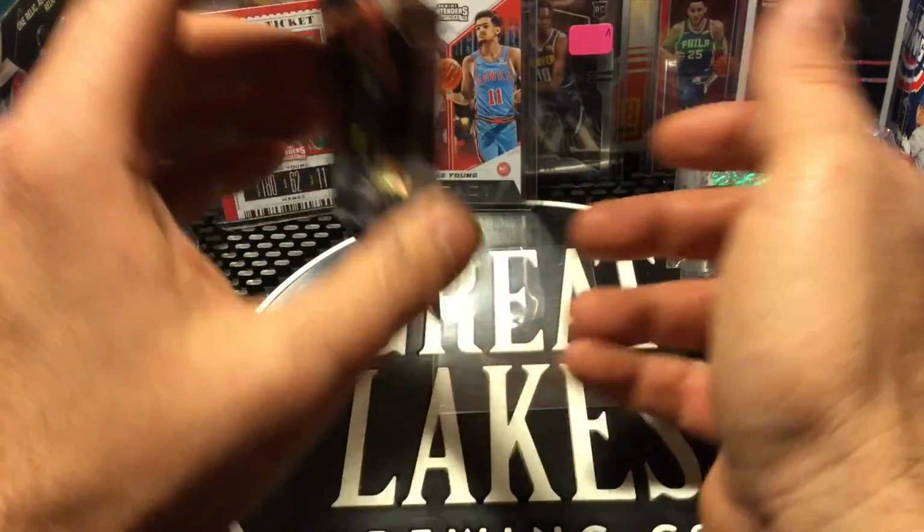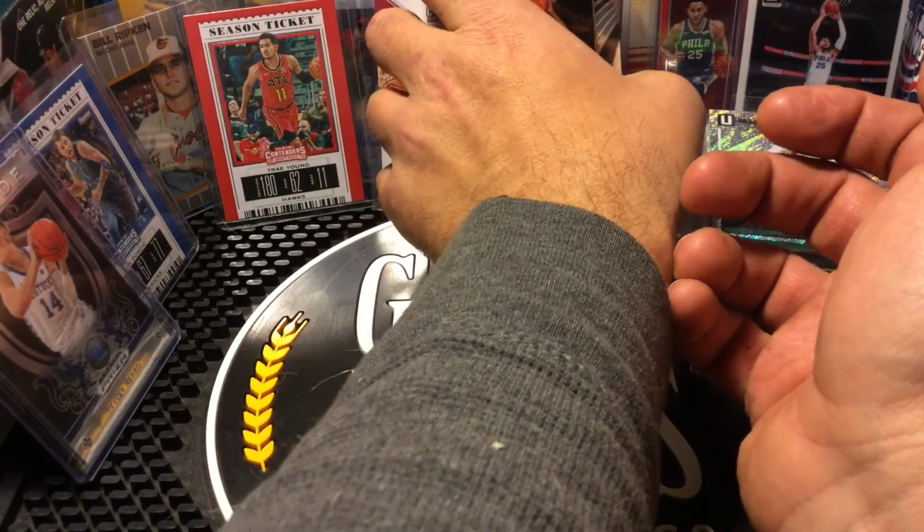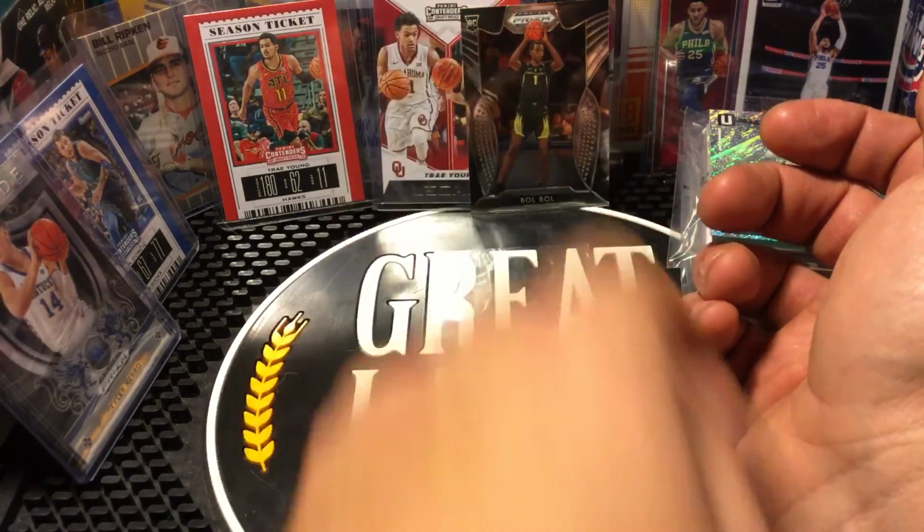Bowl, I forgot I took them out of the top loader. Sorry, Bowl. Anyhow,